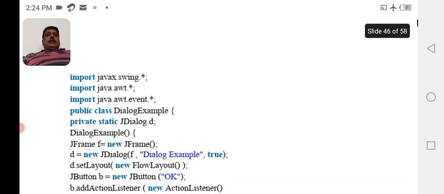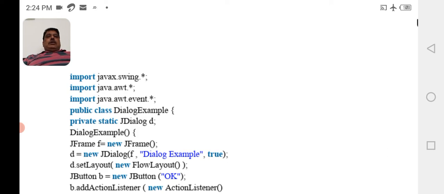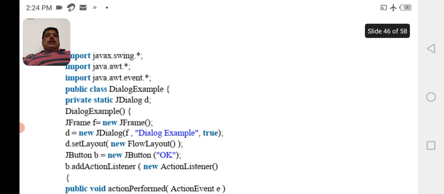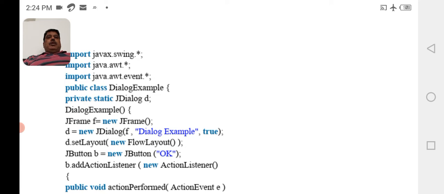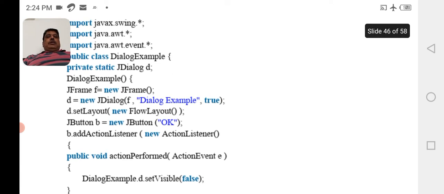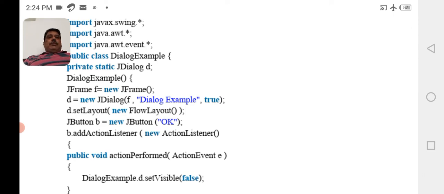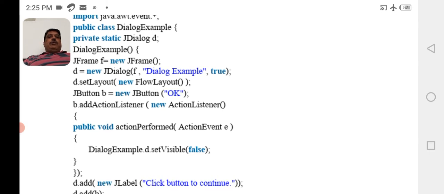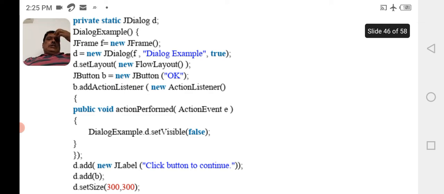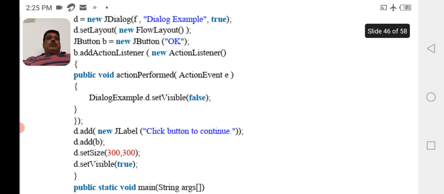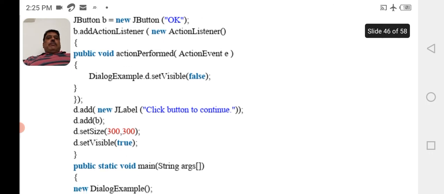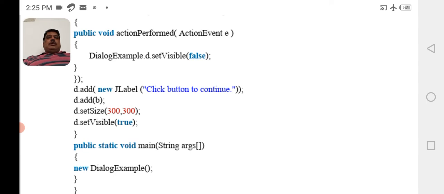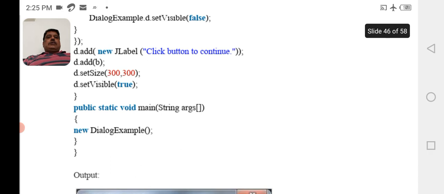Import javax.swing.*, import java.awt.*, import java.awt.event.*. public class DialogExample, private static JDialog d; DialogExample() { JFrame f = new JFrame(); d = new JDialog(f, "Hello", true); d.setLayout(new FlowLayout()); JButton b = new JButton("OK"); b.addActionListener(new ActionListener() { public void actionPerformed(ActionEvent e) { DialogExample.d.setVisible(false); } }); d.add(new JLabel("Click button to continue.")); d.add(b); d.setSize(300, 300); d.setVisible(true); } public static void main(String[] args) { new DialogExample(); }